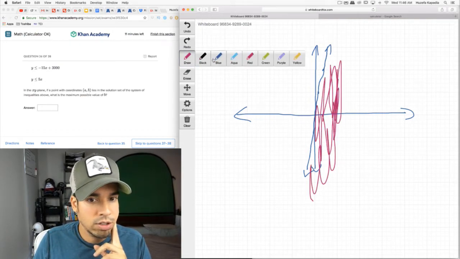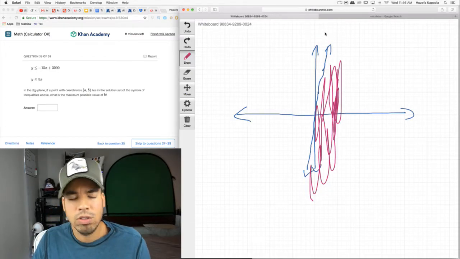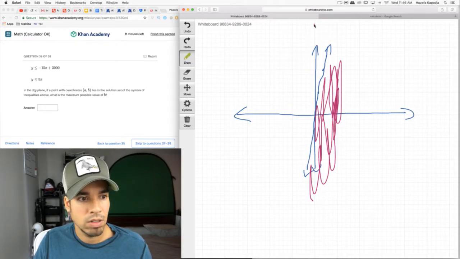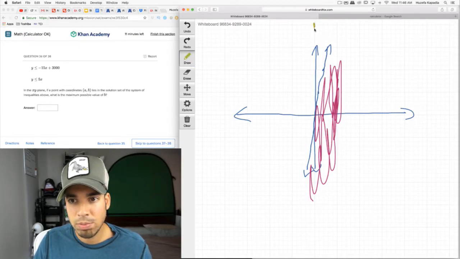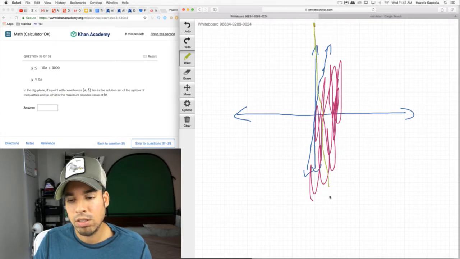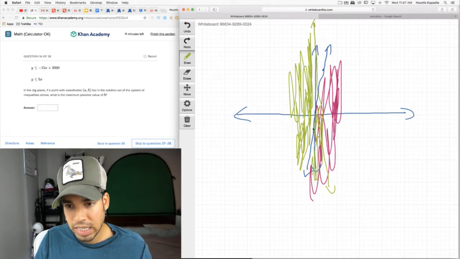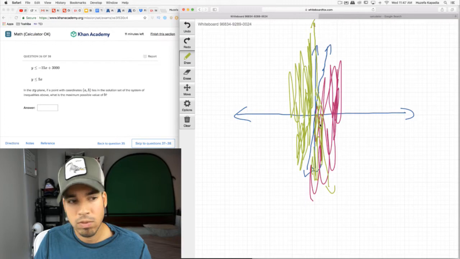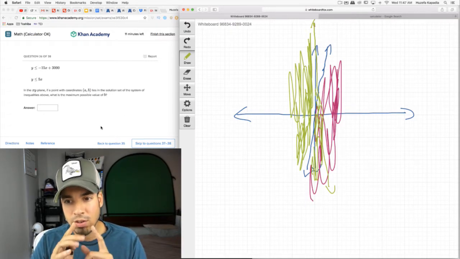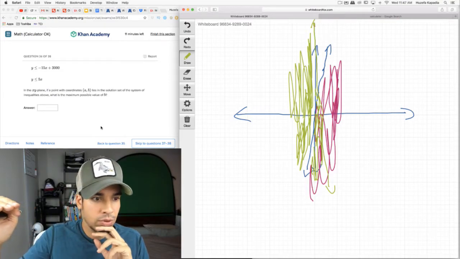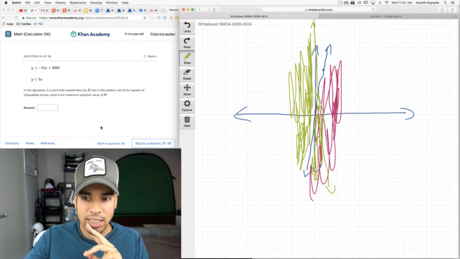And then y is less than or equal to negative 15x plus 3,000. So it's some huge value up here. Let's do a different color. And then a super steep slope, coming down like this. Okay. So this is just to give me an idea, and it's less than this all here. So the solution set is going to be in this overlap area. What is the maximum possible value of b? Meaning, what is the max for the y value? It is